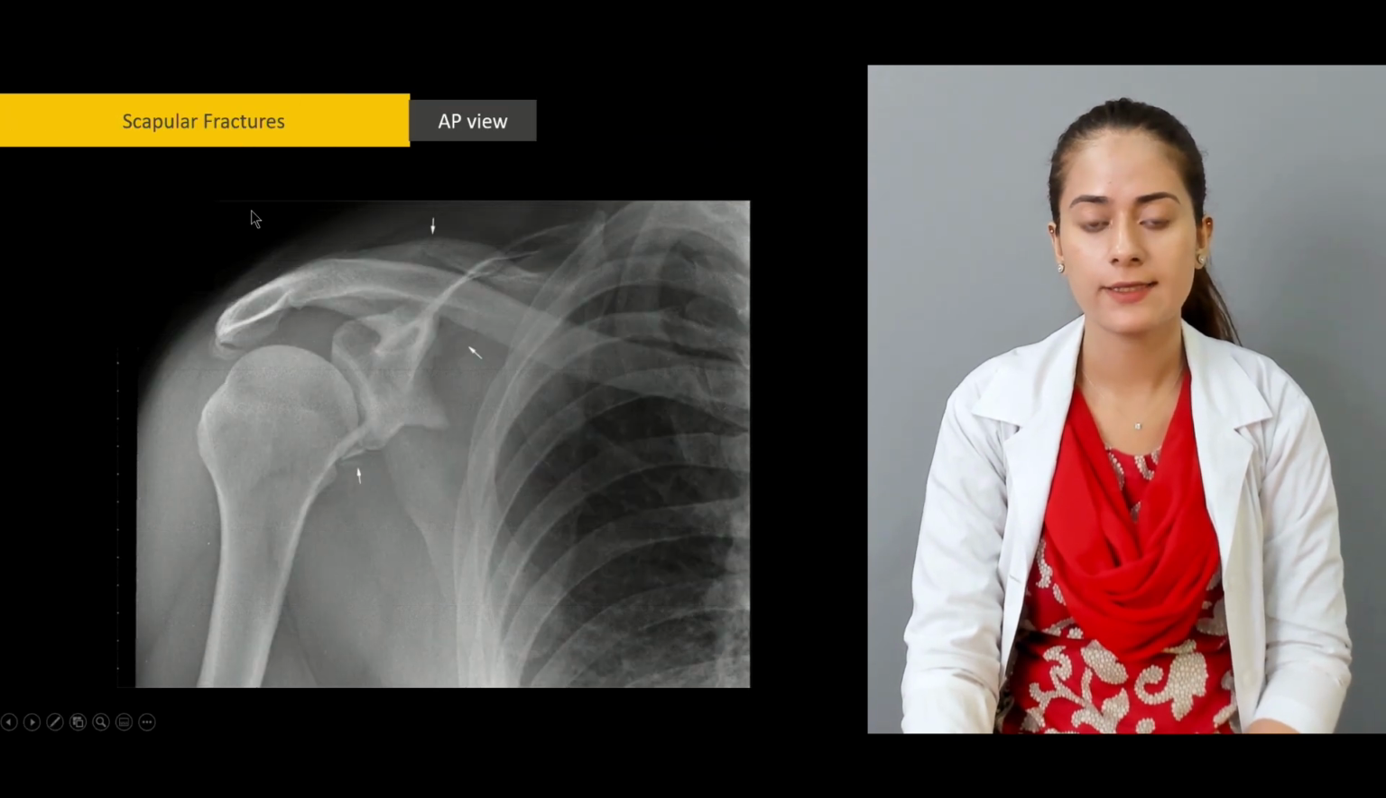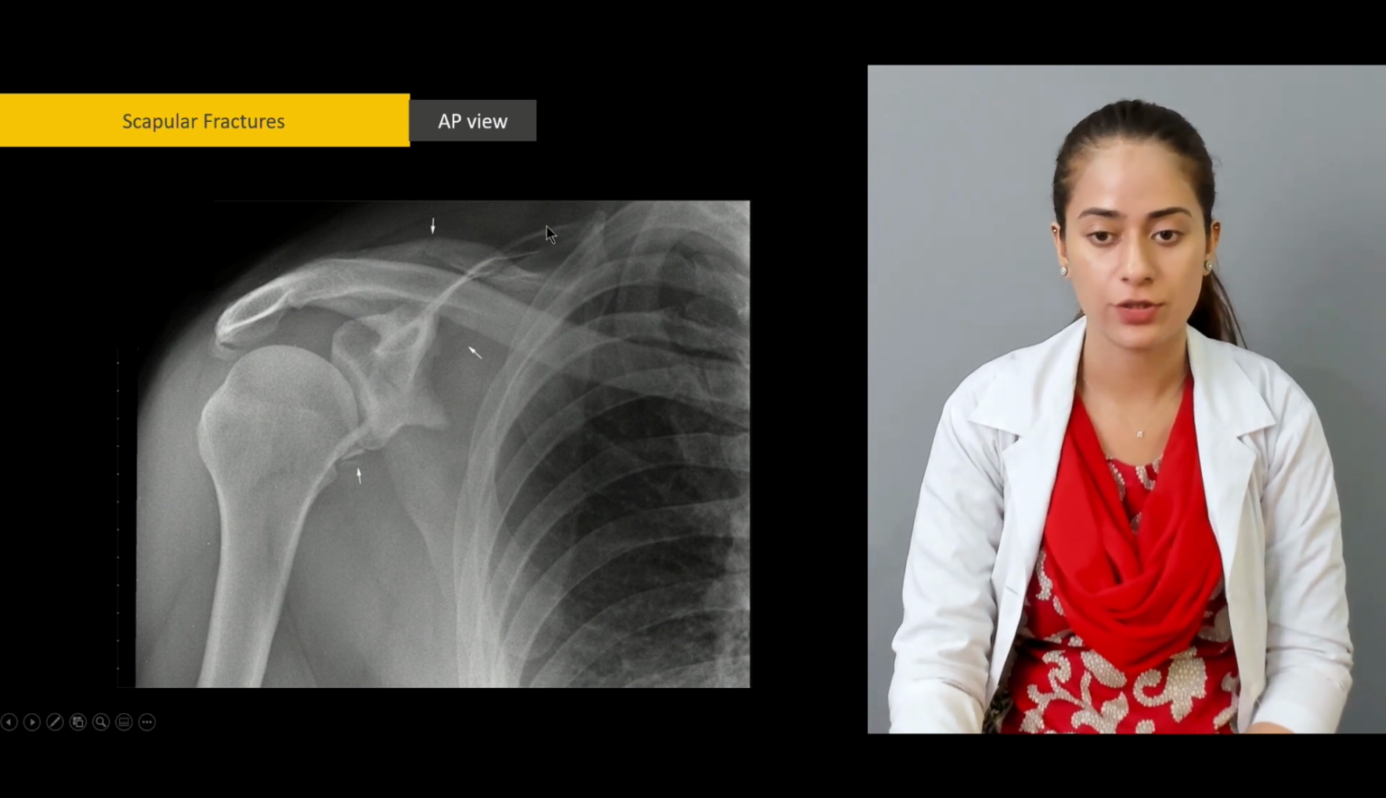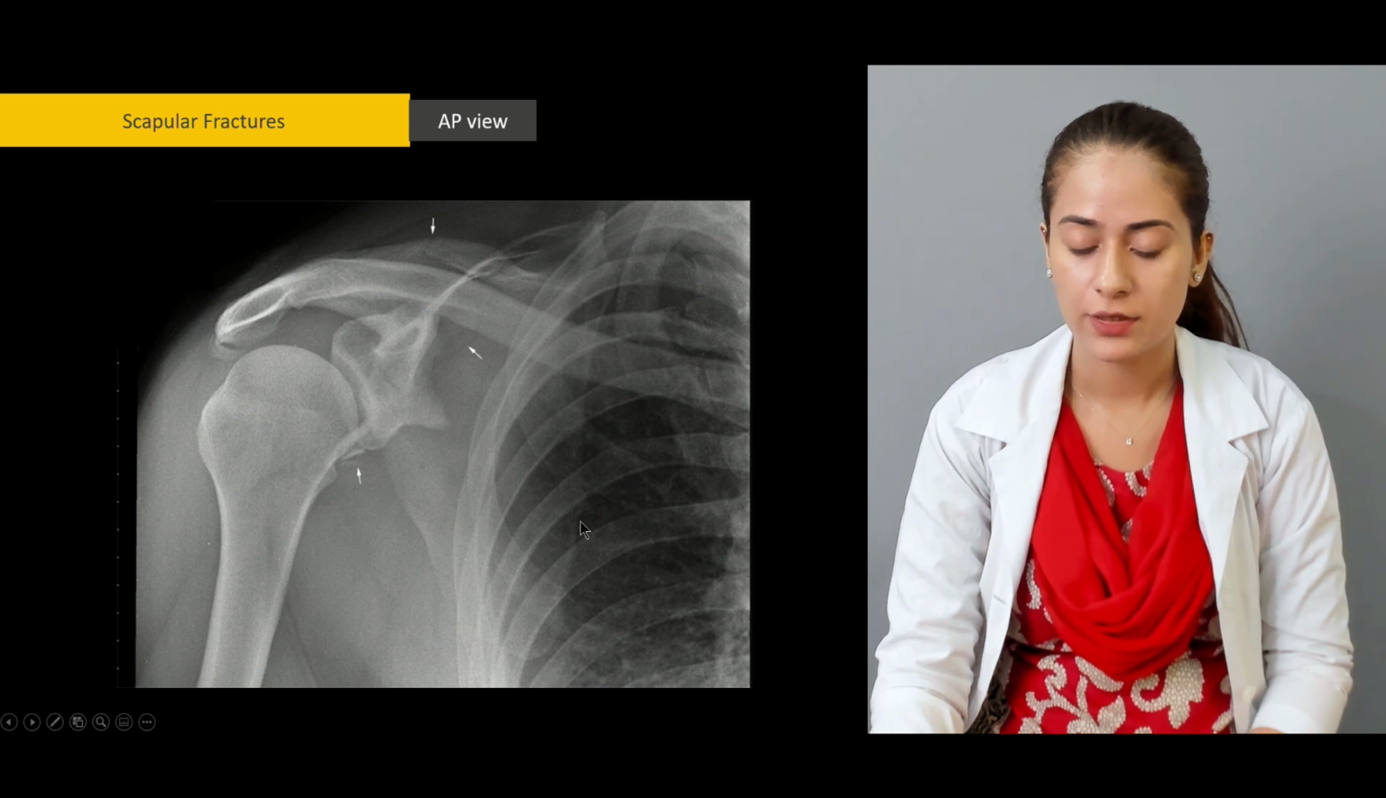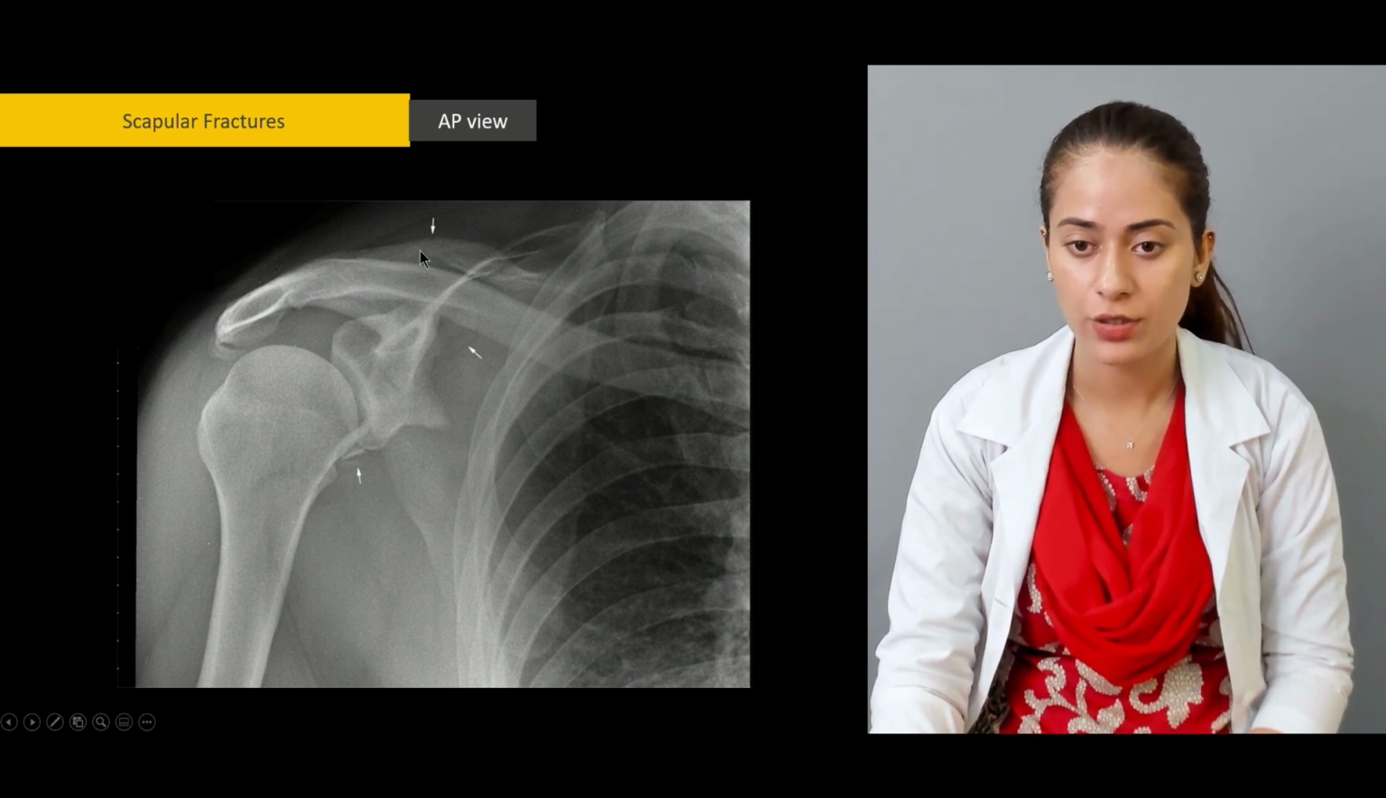Now we move to the scapular fractures. This is an AP view. This is the entire scapula. This is the glenoid cavity, the acromion, the coracoid process, and here